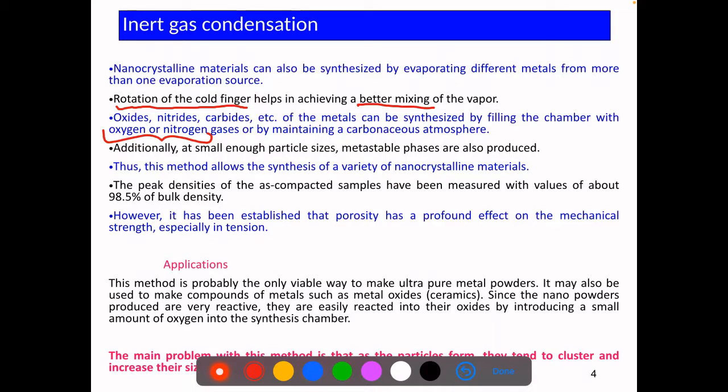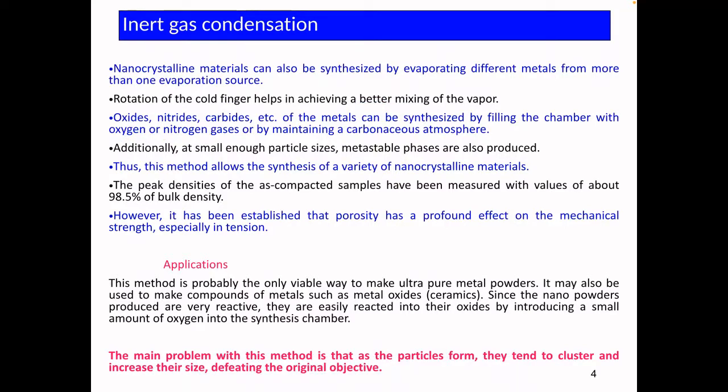Thus, this method allows the synthesis of a variety of nanocrystalline materials, which is a very, very big advantage. This method is probably the only viable way to make ultra-pure metal powders. It may also be used to make compounds of metals such as metal oxides like ceramics. Since the nanopowders produced are very reactive, they're easily reacted into their oxides by introducing a small amount of oxygen